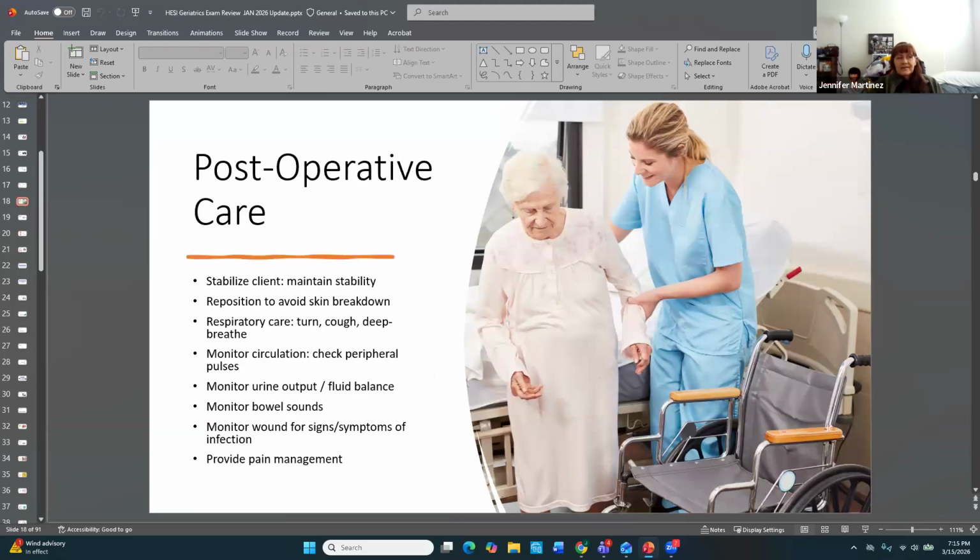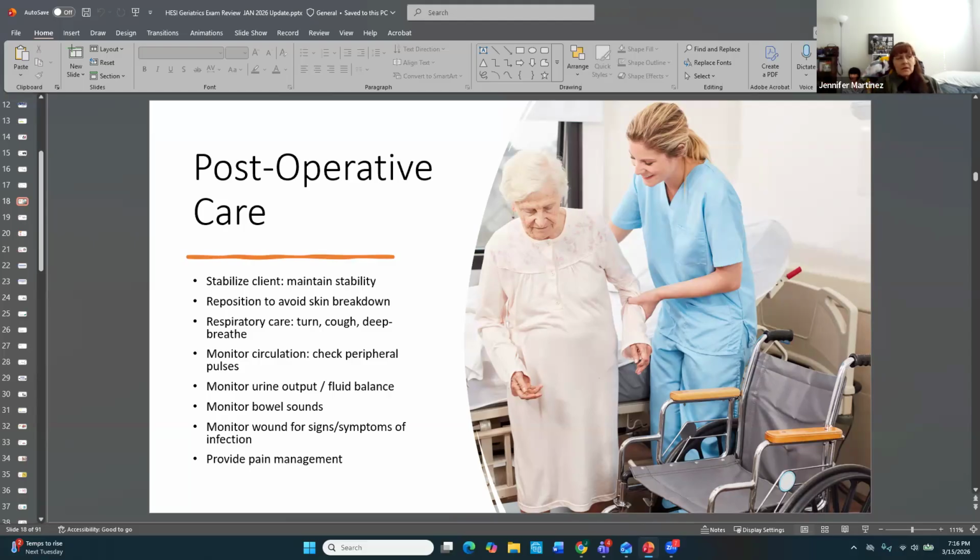We look at post-operative care, right? Stabilizing the clients and maintaining that stability. Of course, we're going to look at ABCs. Depending on the type of surgery, it's going to determine how fast we can get them out of bed, up and moving. If they're going to be in bed for a while, if they've had a major surgery like an open heart surgery or something along those lines, we may not get them up for a day. Always make sure that we are repositioning them to avoid skin breakdown, encouraging turn, cough, and deep breathing, as well as their incentive spirometry, to help